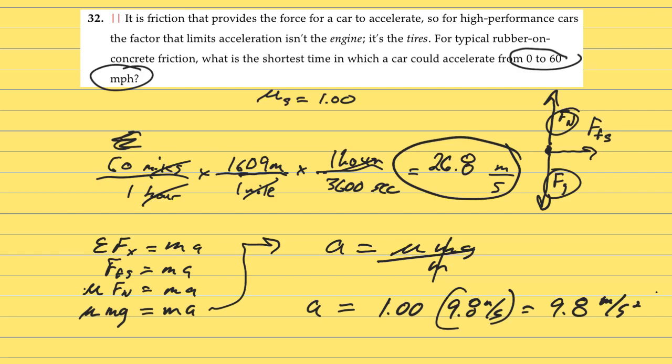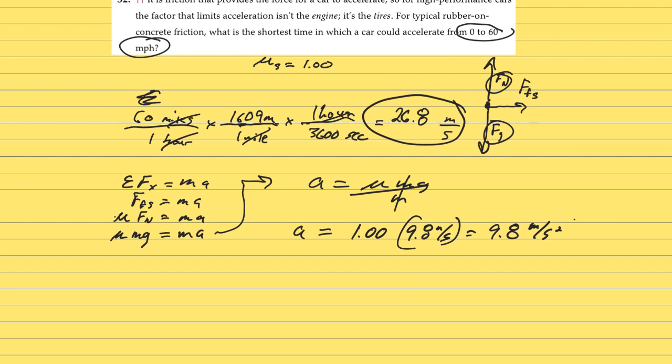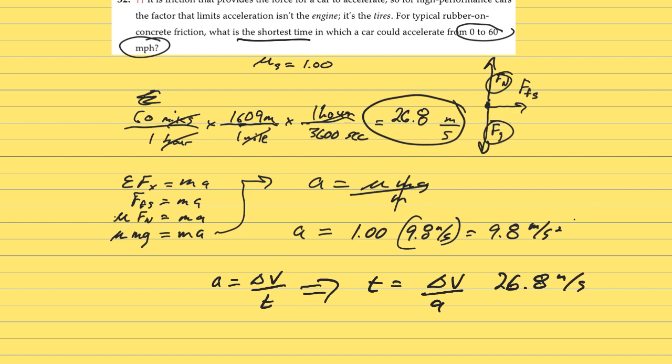I'm going to give myself a little room here. They want to know time. What is the shortest amount of time? Well, we know acceleration equals change in v over t. That turns into t equals change in v over a. My change in v is 0 to 26.8. Remember, I converted that. Over my 9.8 meters per second squared, the time it would take me to do that, 26.8 divided by 9.8, is 2.7